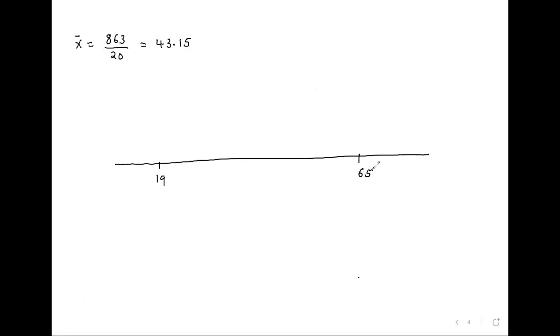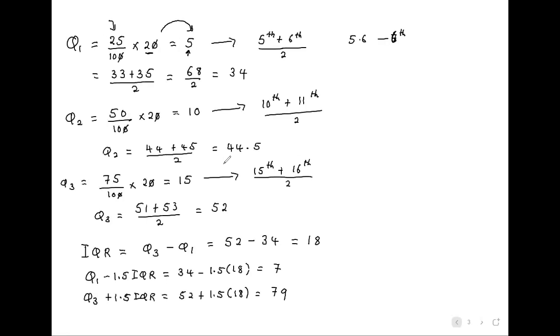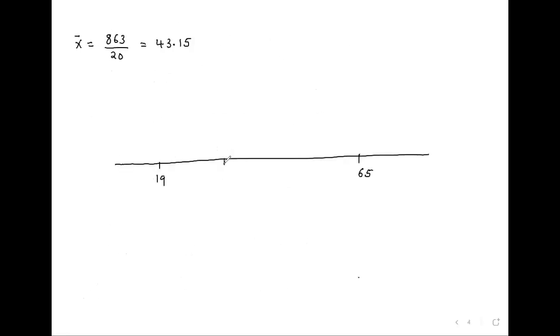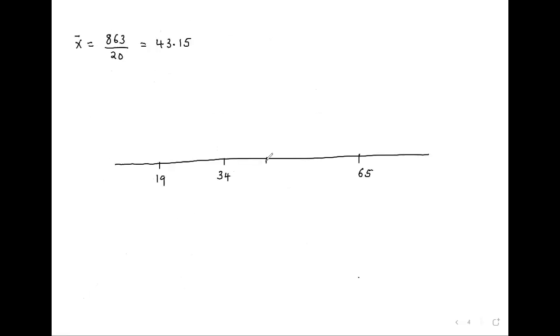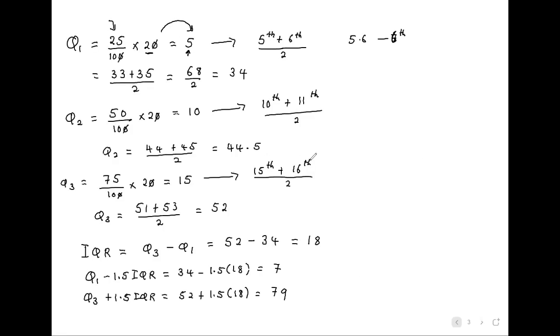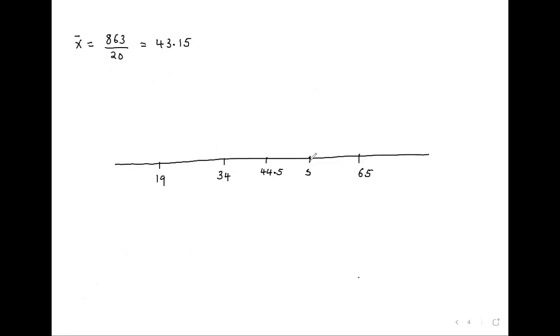And then quarter 1 is 34, so you put 34. And then quarter 2 is 44.5, so we put 44.5. And then quarter 3 is 52, so you put 52. So you can draw